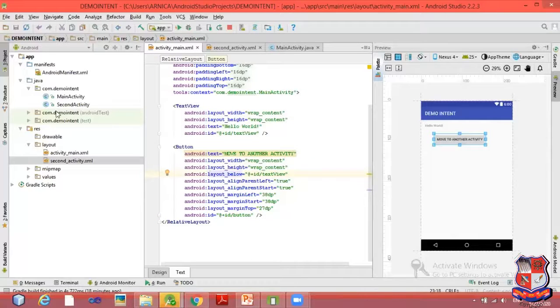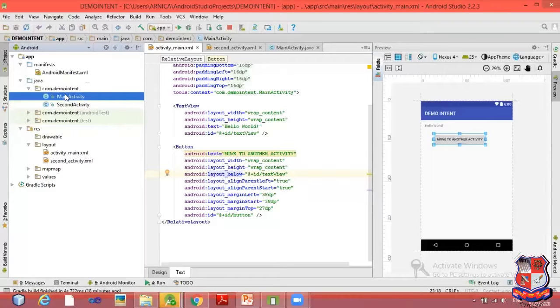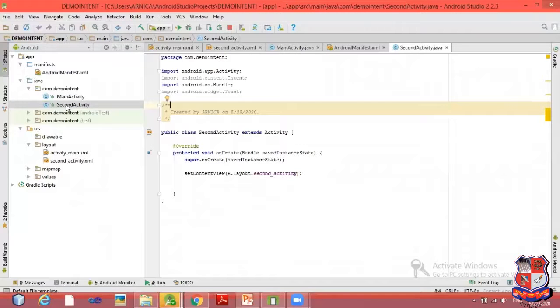So let's quickly move to the coding part. In the coding part, you need to create 2 Java files. One is for the first activity, that is MainActivity.java, and second is for the second activity, that is SecondActivity.java. You need to register your second activity in the manifest.xml file.